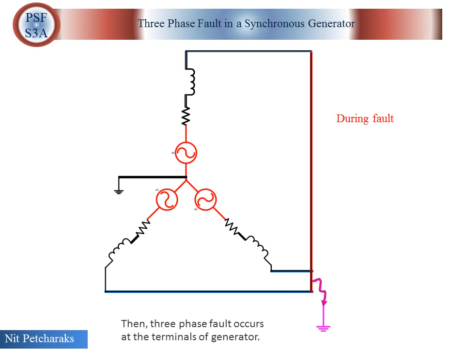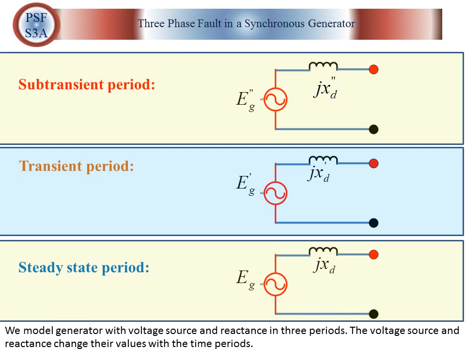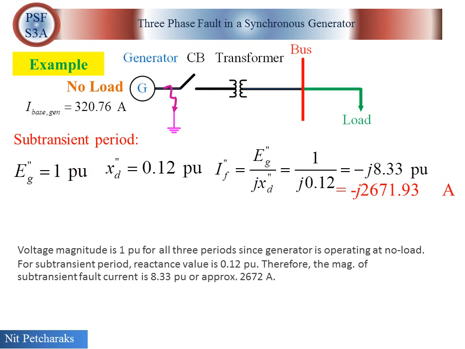Then, a three-phase fault occurs at the terminals of the generator. We model the generator with a voltage source and reactance in three periods. The voltage source and reactance change their values with the time periods. Voltage magnitude is 1 per unit for all three periods, since the generator is operating at no load. For the subtransient period, reactance value is 0.12 per unit. Therefore, the magnitude of subtransient fault current is 8.33 per unit or approximately